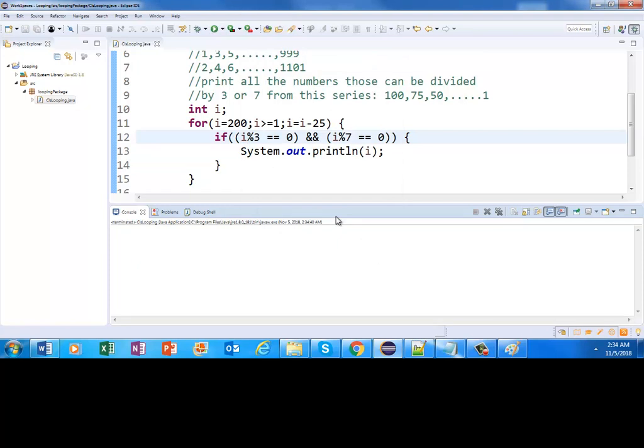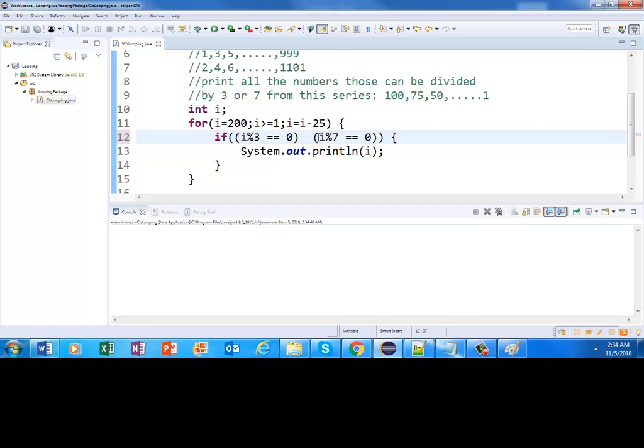Actually, is there any number here that can be divided by both 3 and 7? Let me see. Was it able to display any number? No. If you put OR, let me do an OR, and then if you execute it,